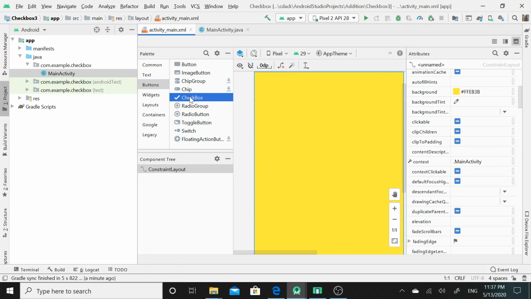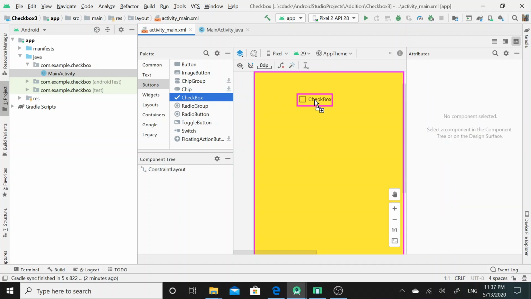Here I shall give an example of a pizza delivery app. I would drag and drop three checkbox options for the user, one for the pizza, one for the toppings, and one for the extra cheese. So initially I would drag and drop the first checkbox.